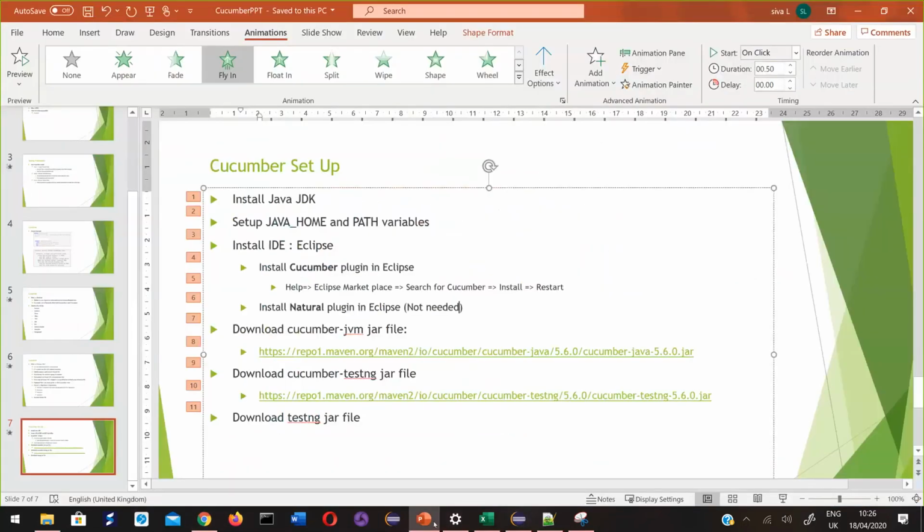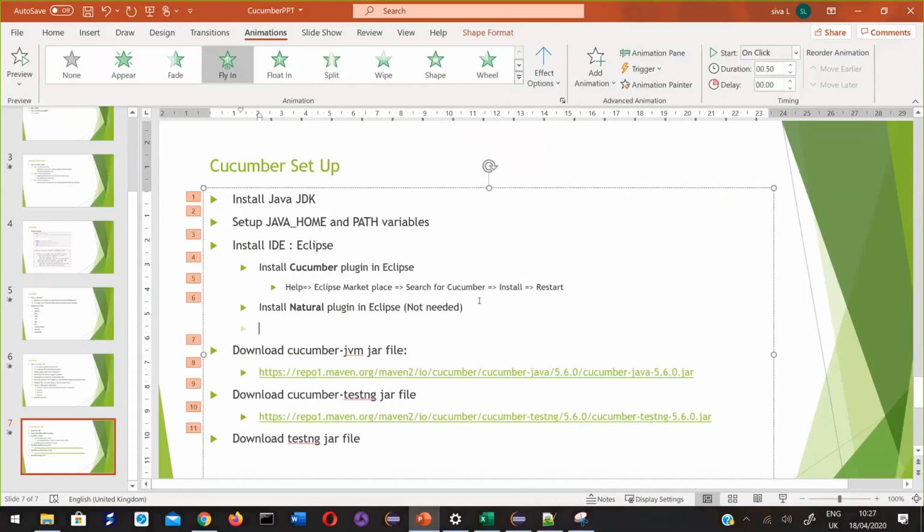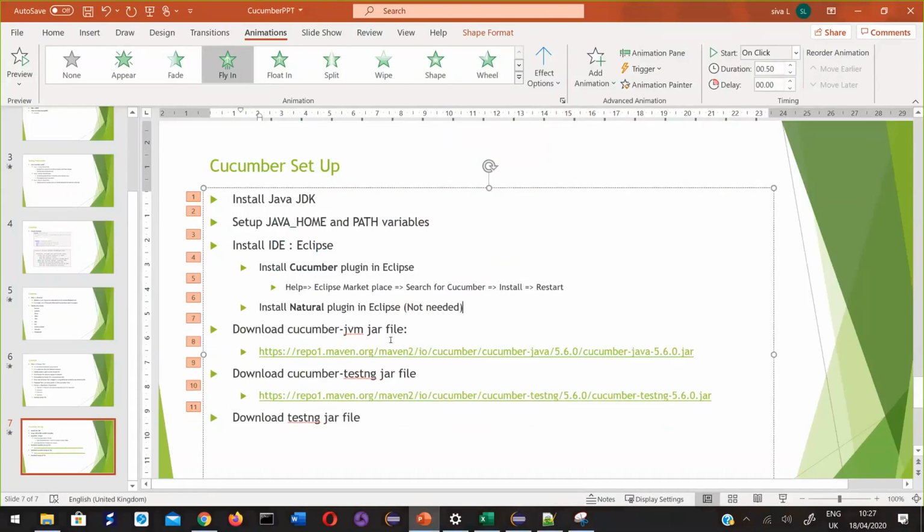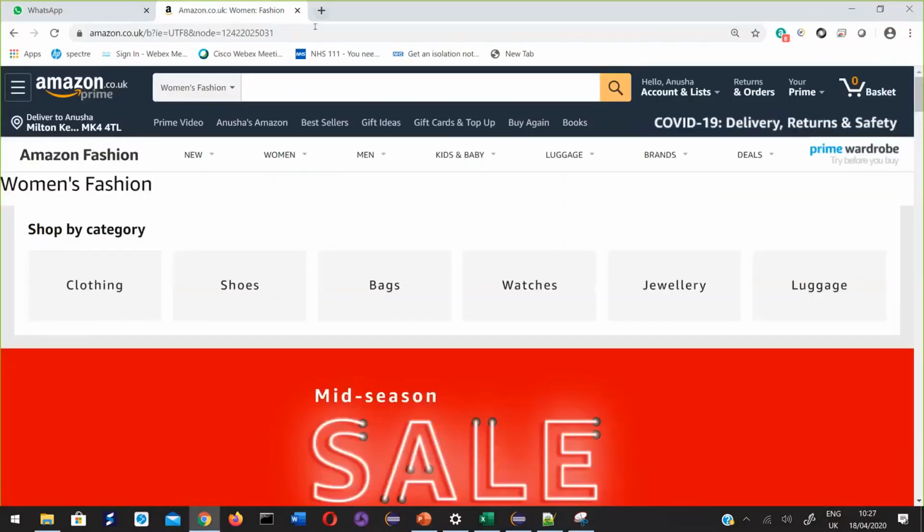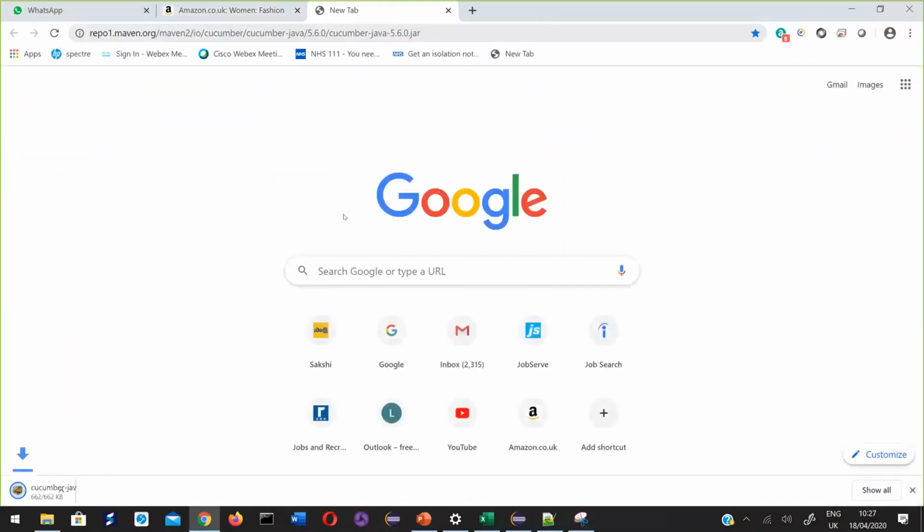After that, download Cucumber JVM jar file. You have to download it from here. So this is a new thing that you are going to learn today. Keep Cucumber Java jar file.